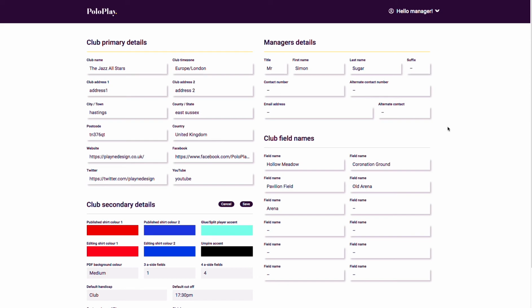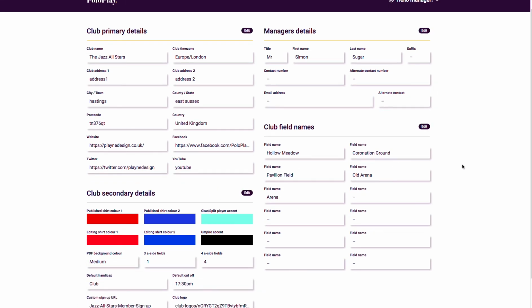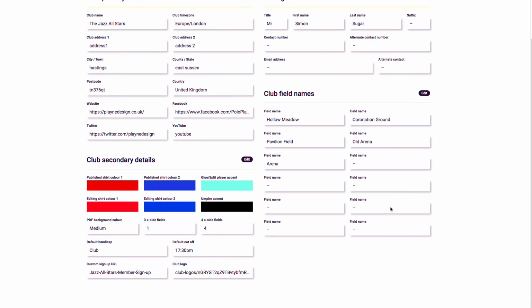There's not much more to this. None of this information is particularly important. It won't affect the way the site operates, but you might want to link to your various social media sites here. Let me just cancel that one there. You can add your club logo here, file it and save it there if you want. So again, that will appear on your published